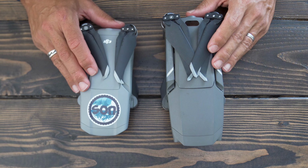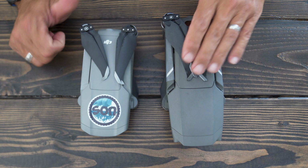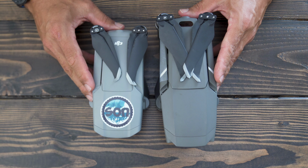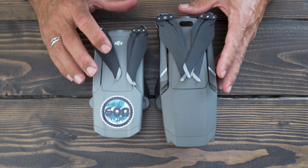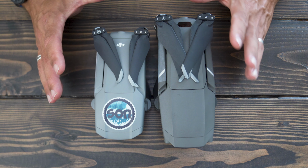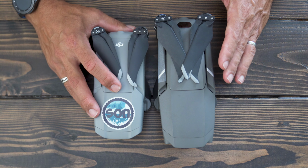Just a really quick size comparison. This is the Mavic Air 2. This is the Mavic 2 Zoom. You can see it is definitely much smaller. The propellers are smaller, the body is smaller, the camera is smaller, everything. It's like you stuck this one in a microwave and it shrinky-dinked this one down and